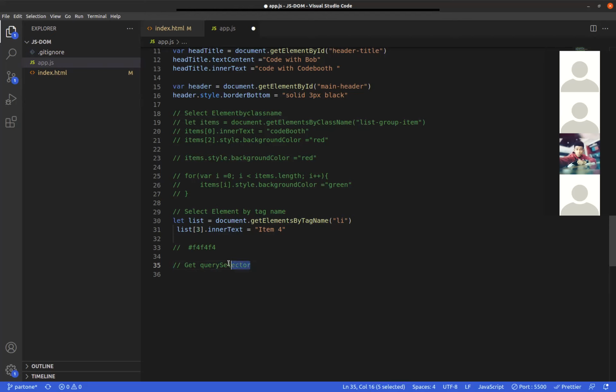This one is a universal way of selecting both elements, that's element by either ID or by, what do you call it, by class or by the element. So you can use this one, just this one. You can use to select ID. You can use to select class. You can also use to select target the elements. Okay, so let's see. So with this one, it's very, very simple and straightforward. So here we are not going to waste much time here. All that you have to do is